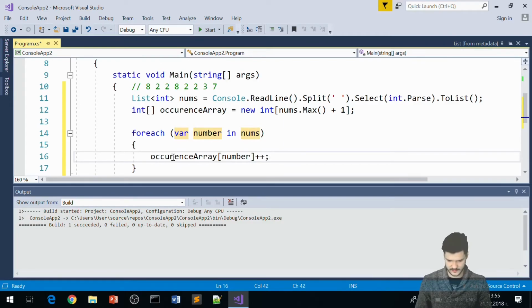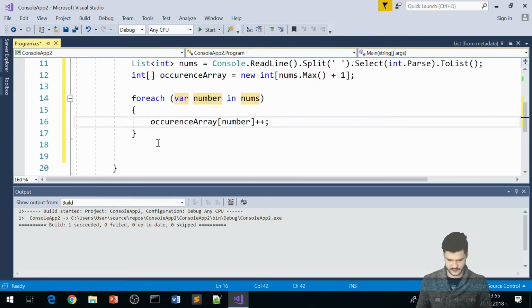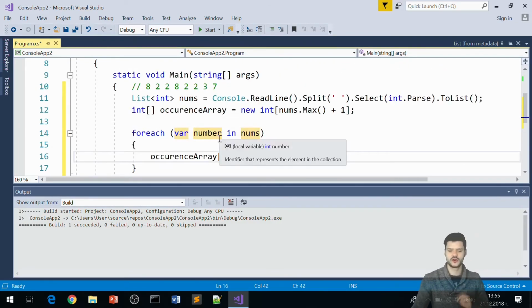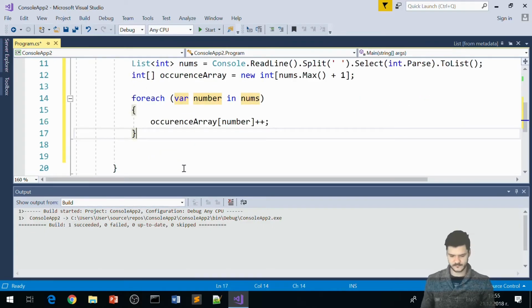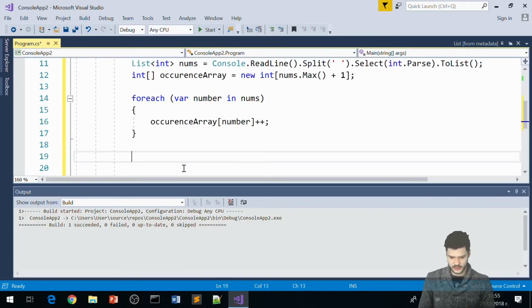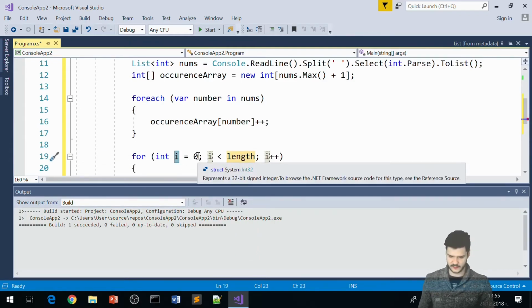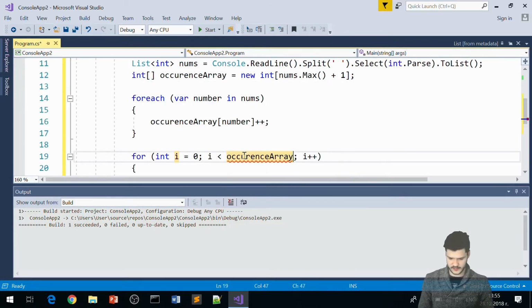Can we do it like that? Yes, we can. After that, we have to create a for loop that will print those values. So we create a for loop over the occurrence array, occurrence array dot length,